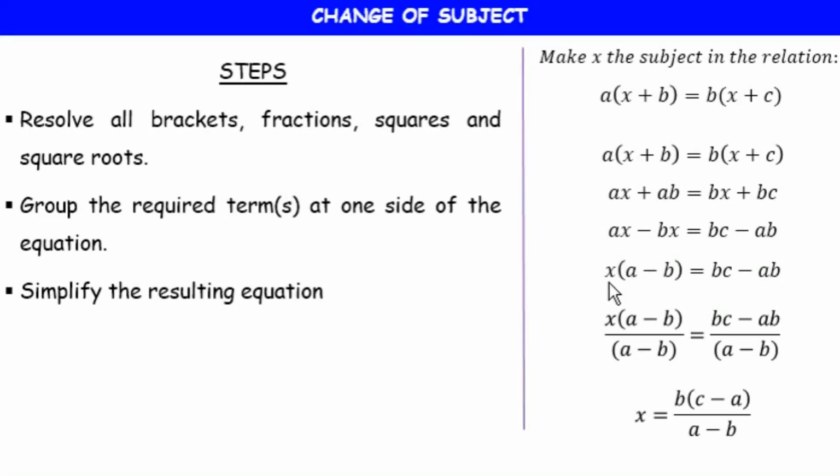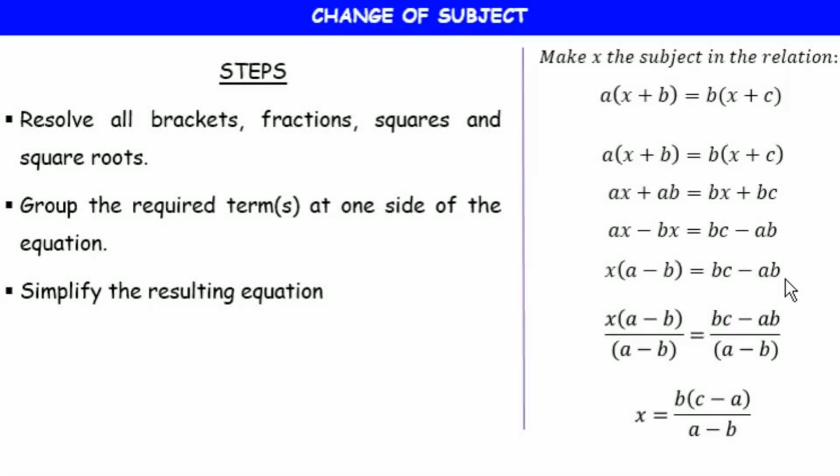Now we are interested in making x the subject. So what do we do? We are going to factorize x out of this. So we have ax minus bx, right? Since we are interested in making x the subject, meaning we want to make x stand alone, we are supposed to sort of bring out the x and then factorize it. So when you factorize the x, you're going to have x into bracket a minus b is equal to bc